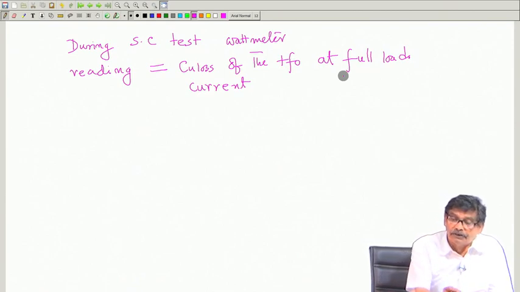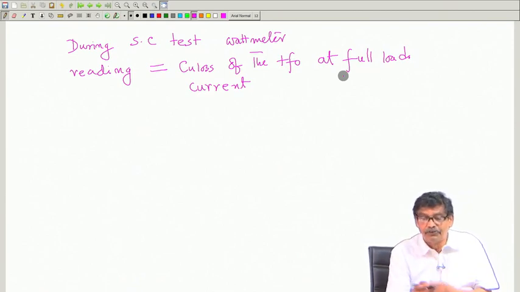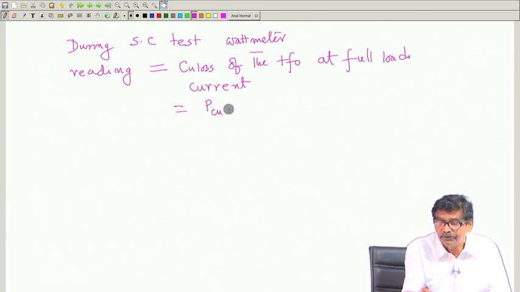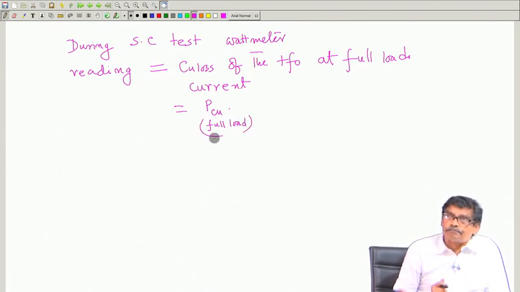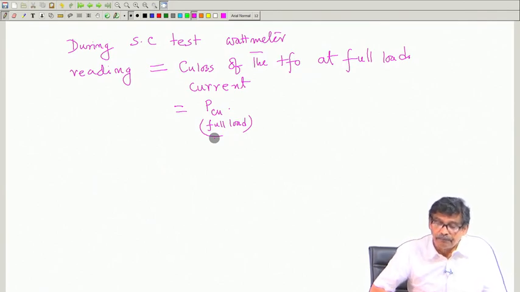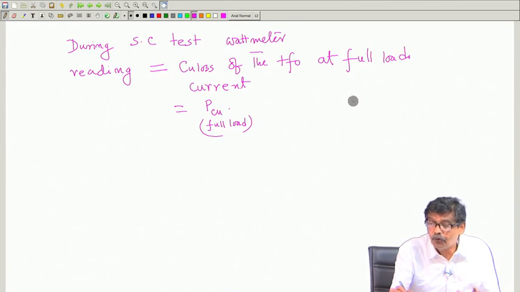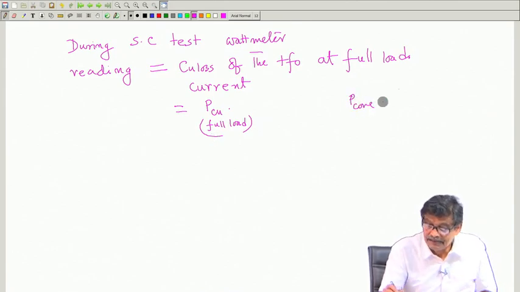Therefore, copper loss at full load current is this, and this I call P_cu full load. Let me write in longhand so that it is understood. And P_core is equal to